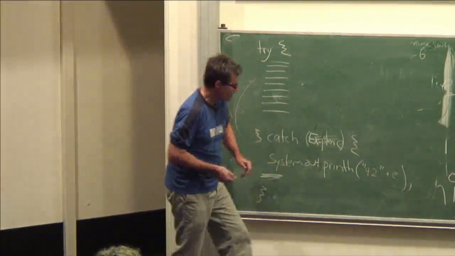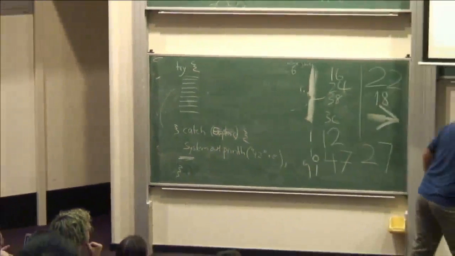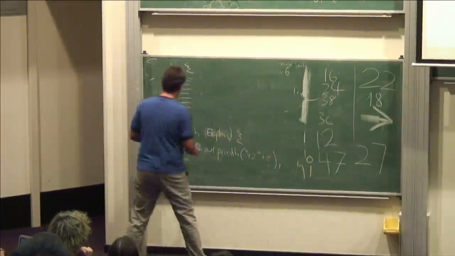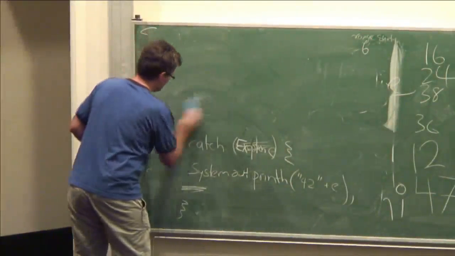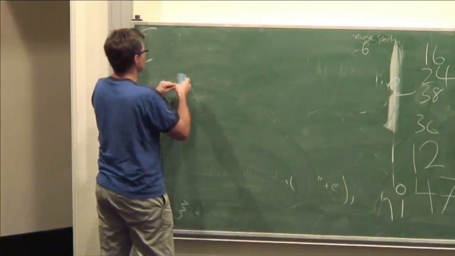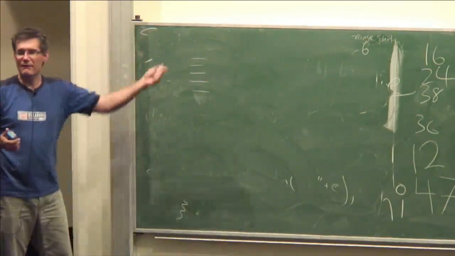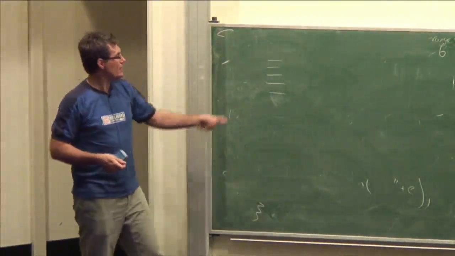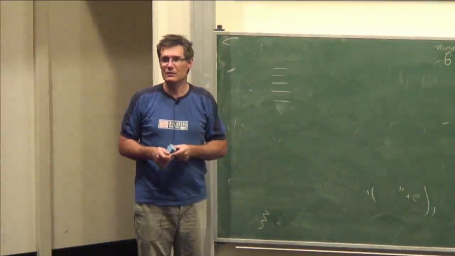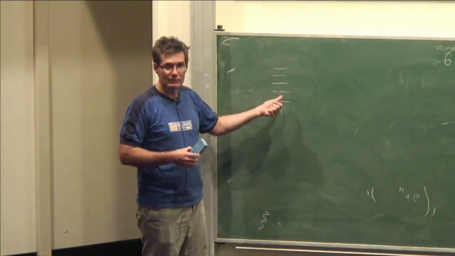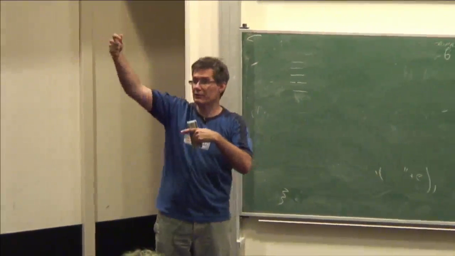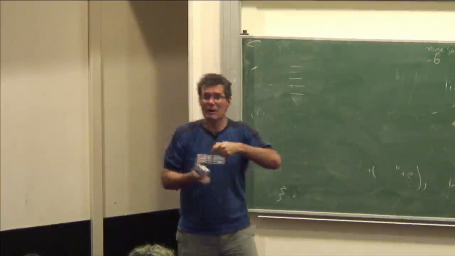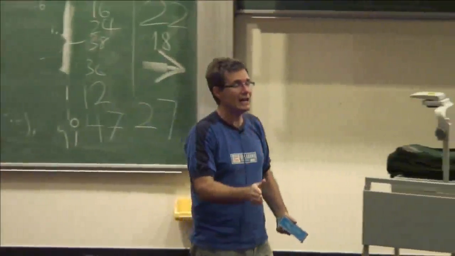Or if I don't put a catch here, if I have an exception that's not caught, maybe I don't even put a try in, I don't have a try-catch, I just have a few lines of code, and they throw an exception, and my function has no way of dealing with that exception because I haven't written a handler, then what happens? Who gets passed the exception? Whoever called this. And you've got to hope that happened inside a try-catch block. And if it didn't, and they can't handle it, they pass it to whoever called them. And if they didn't, they'll pass it to whoever called them. And what happens if it gets passed to the very top? The buck stops here guy, and he can't handle it. He can't handle the truth.